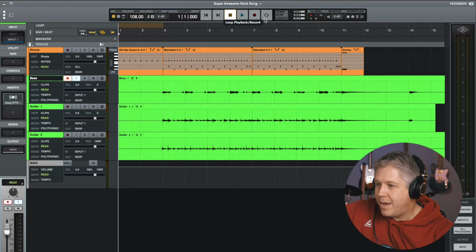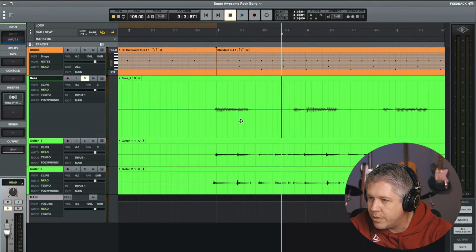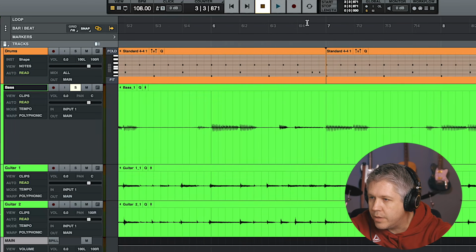Okay, not so bad for a first take right there. I do know that I had a couple little flubs that I would like to try to fix, and we're going to take a look at those. So zoomed in a little bit here. When I came to this part right here, this little doo-doo-doo thing, I know I kind of messed it up right here. If we take a listen to that in solo,